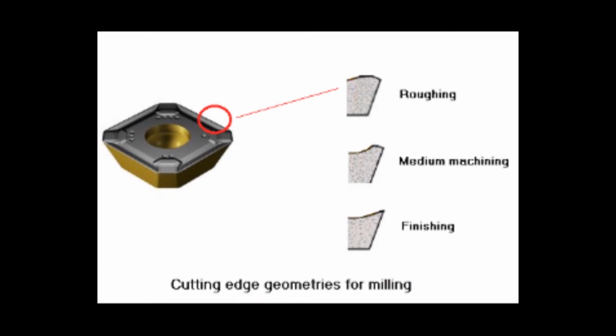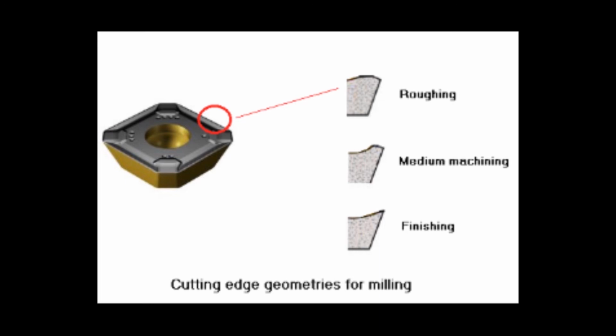Cutting edge geometry is as important on the shop floor as it is in the kitchen. The logic of selecting the cutting edge tool is the same. Inserts have different cutting edge geometries for different materials like steel, stainless steel, cast iron, and aluminum. There are also different geometries for different applications: roughing, medium machining, and finishing.